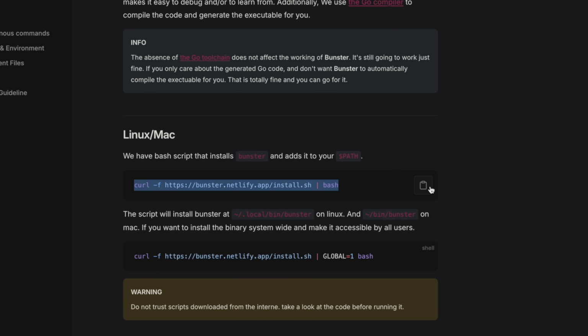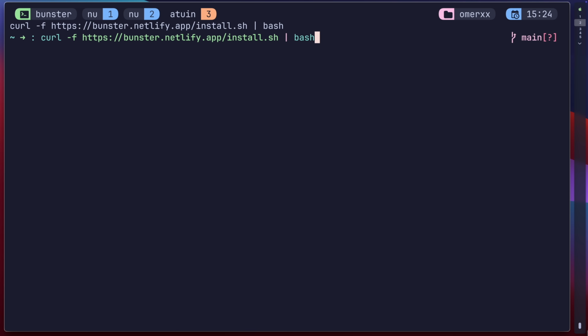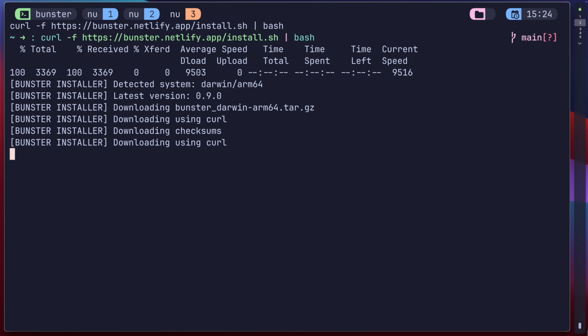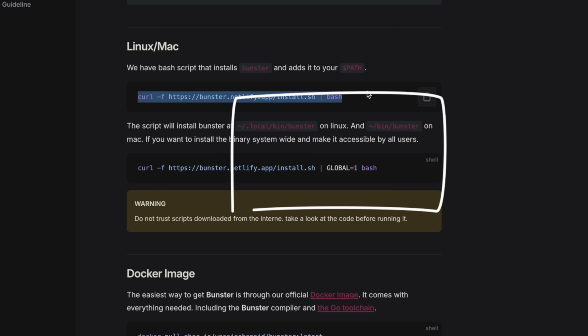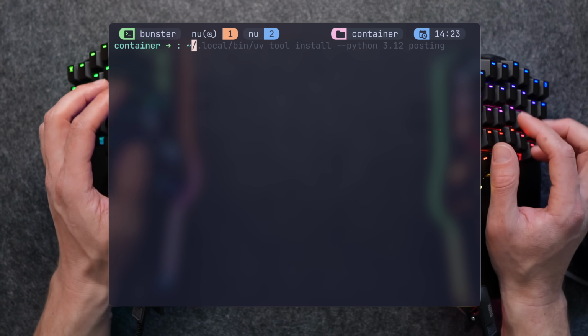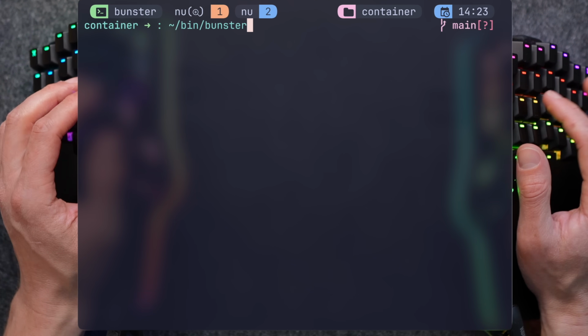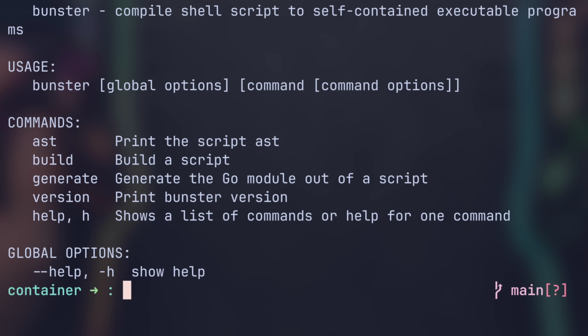To install Bunster, grab the installation script and run it locally. In Linux, you're going to find it under local/bin, and on macOS, it's strangely deployed under home/bin, so I'll be running it directly as it's not in my path and I'm lazy. Bunster comes with a few commands. We're going to use build, but a few seconds before doing that, let's talk about its generate command,